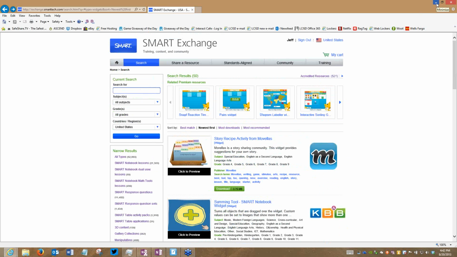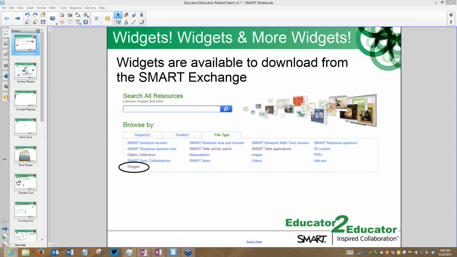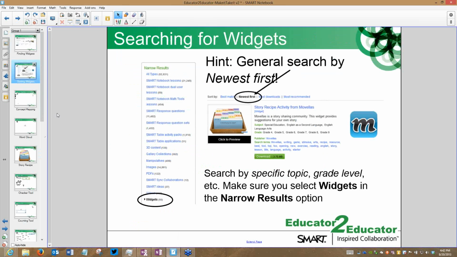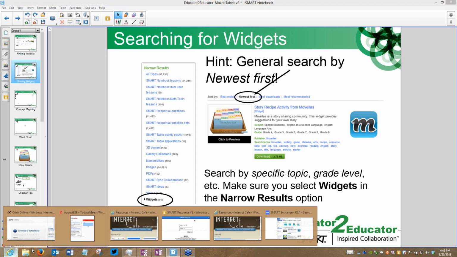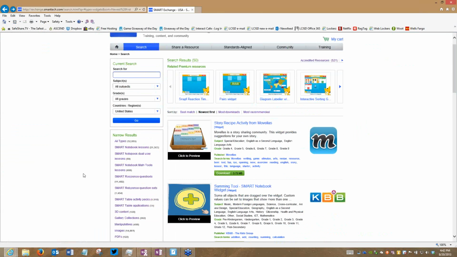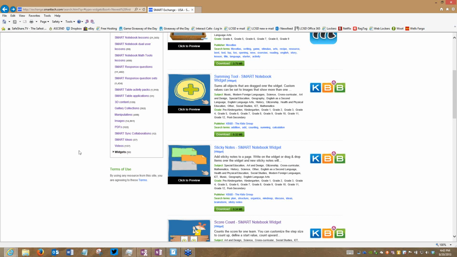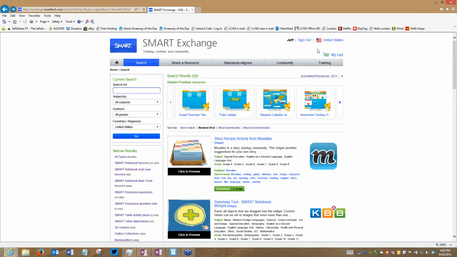All right, so downloading the widgets, again, very quick and easy. Just go to exchange.smarttech.com, do a search for the widgets, and you can download the many wonderful widgets that are already available to you. All right, and I talked briefly about that one. They will show up also. You can narrow down results because there is a column on the Exchange where you can narrow down those results very quickly on the side. If you do a basic search, you can narrow down on there as well. And you will find there are tons of lessons where people have created lessons with widgets. Very cool. All right.